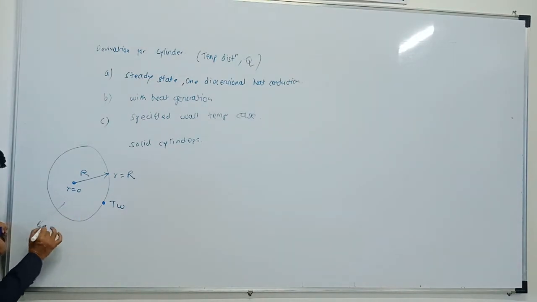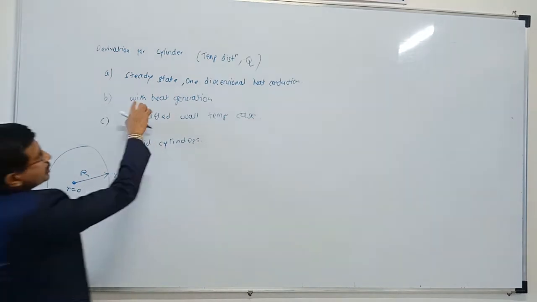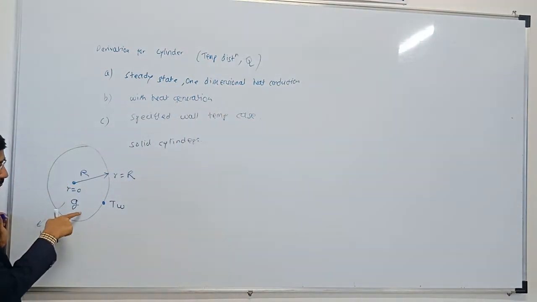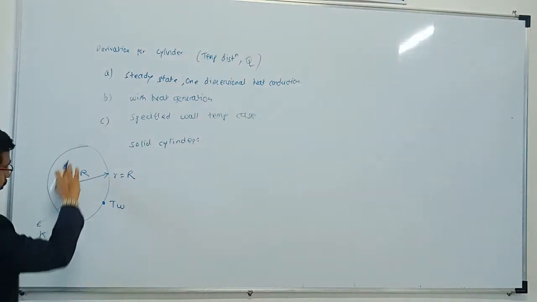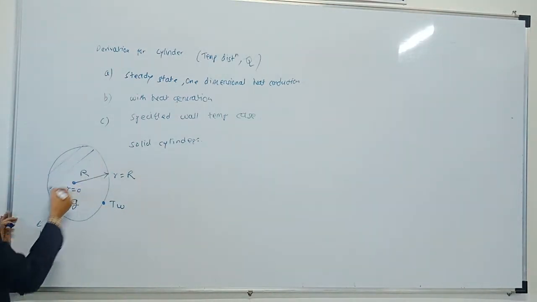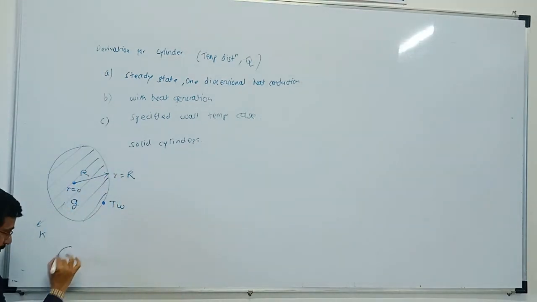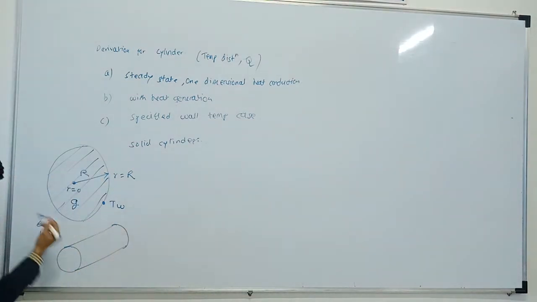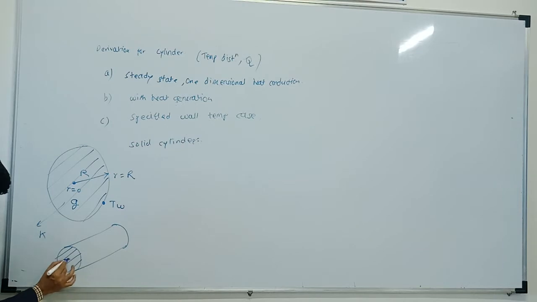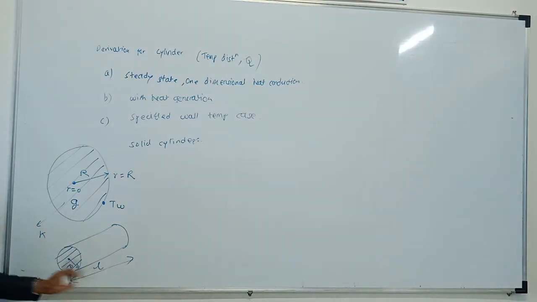Now this material is having thermal conductivity K, and the heat is generated, because it is the case of heat generation, G in watt per meter cube, of the volume of this cylinder. Now it is a cross section. This cylinder is what? It's a cross sectional area what I have shown here. How it is a solid cylinder? If I am drawing isometric of this, it is like this. What I have shown here is this. Okay, this is of capital R radius, and let us say this one is nothing but the length of the cylinder.